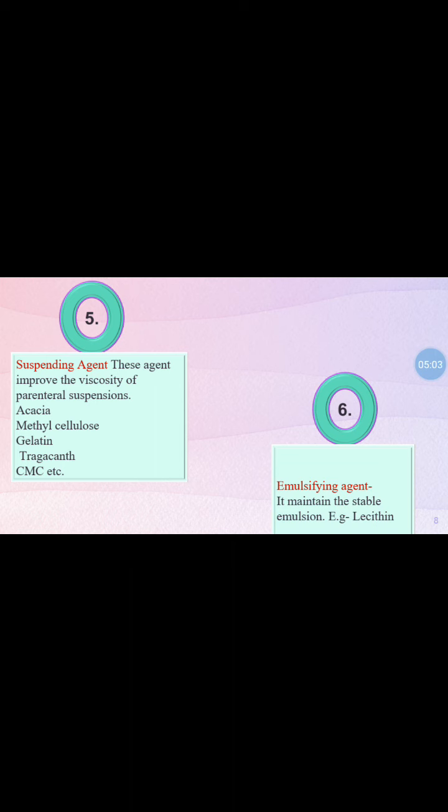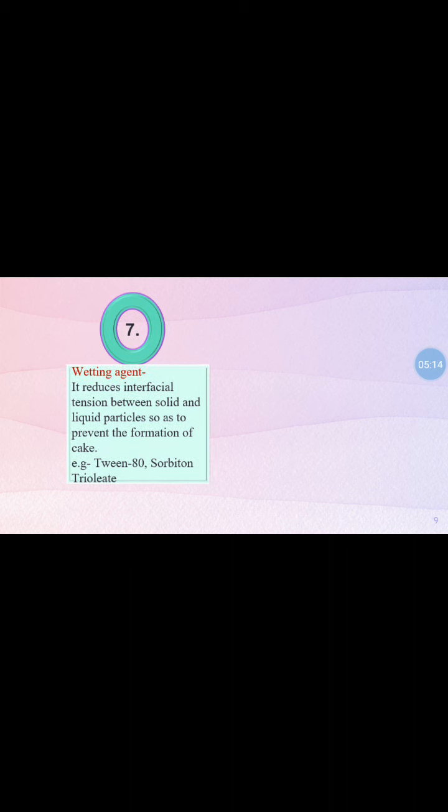It maintains a stable emulsion, and the emulsifying agent used in the parenterals is lecithin. And next one is wetting agents. It reduces interfacial tension between solid and liquid particles so as to prevent the formation of cake. And the example is